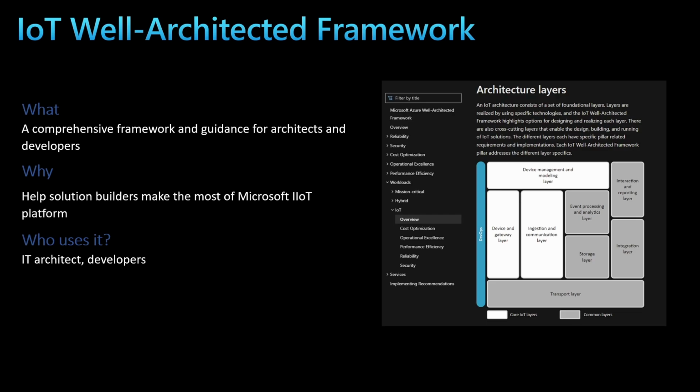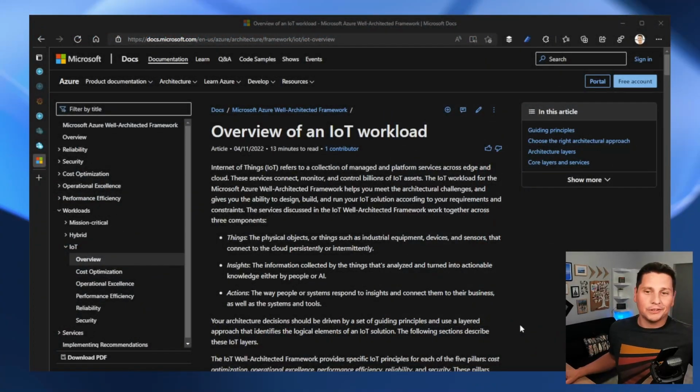But this solution requires putting together various services in the cloud, tasks that might not be trivial for everyone. In order to help architects and developers, we created the IoT Well-Architected Framework, which aims at delivering a comprehensive framework and guidance for architects and developers for them to build their IoT solution, making the most out of the Microsoft Industrial IoT platform. To architects and developers, we invite you to go visit our documentation pages to learn more about this